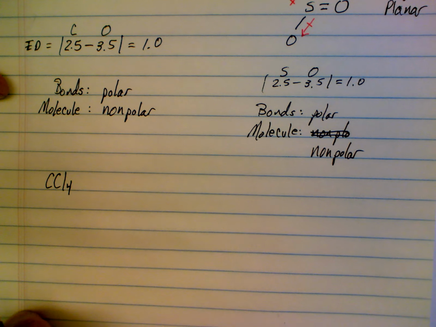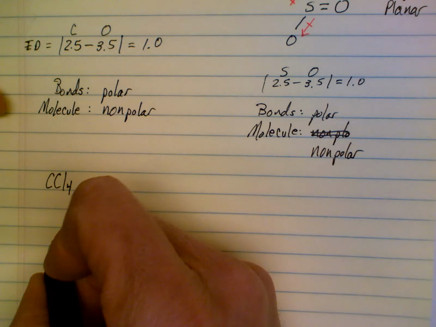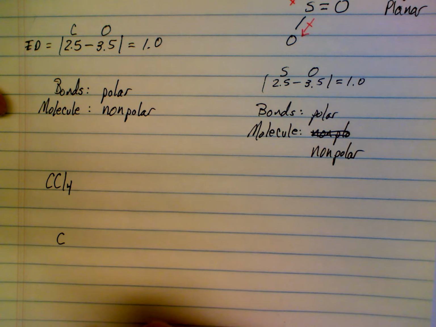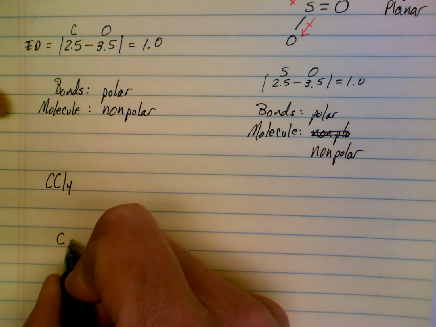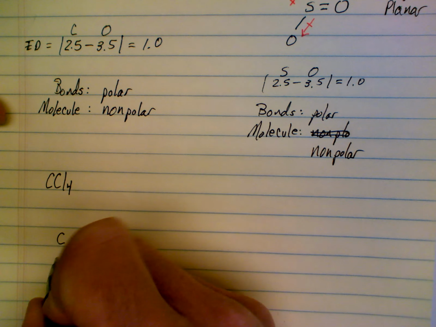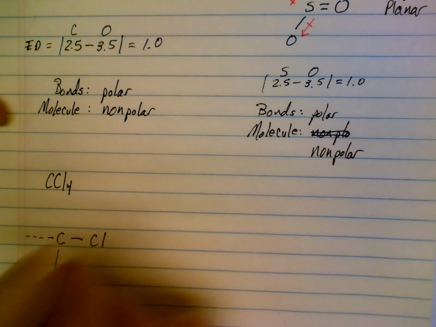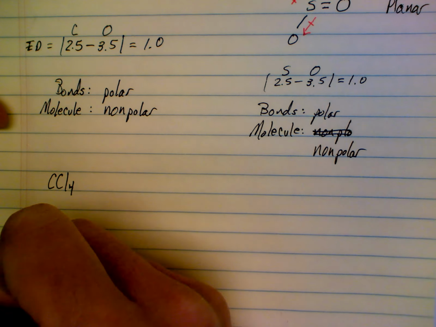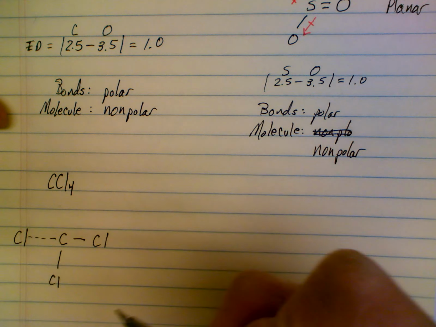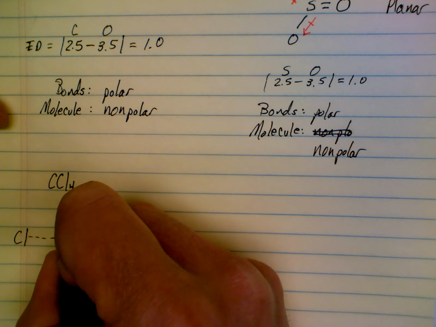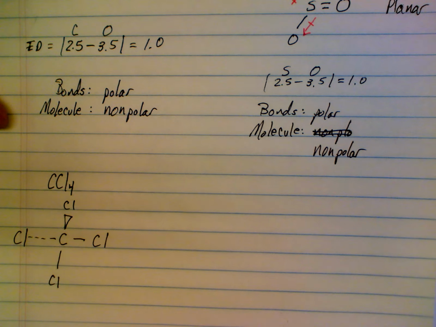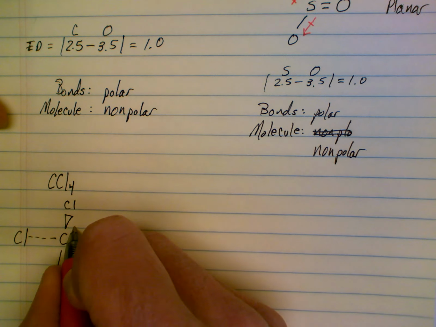So I have carbon tetrachloride. The molecule will look like this. We have carbon, and then a single bond to our chlorine, another single bond to another chlorine, and because it's a three-dimensional molecule, one of the chlorines is going to be below the plane, and the other chlorine will be above the plane. And so we'd have a dipole now going in